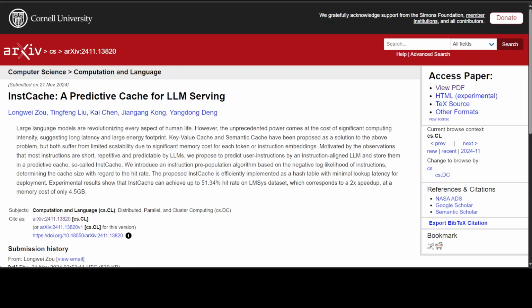Every day, dozens of papers get released on arXiv. Most of them are related to machine learning and AI. I appreciate the effort which goes into creating these papers, but not every paper is really up to the mark. And that is why whenever my eye catches a paper which seems promising, I really cannot wait to share it with you. I think this paper, which is titled InstCache, a predictive cache for LLM serving, holds a lot